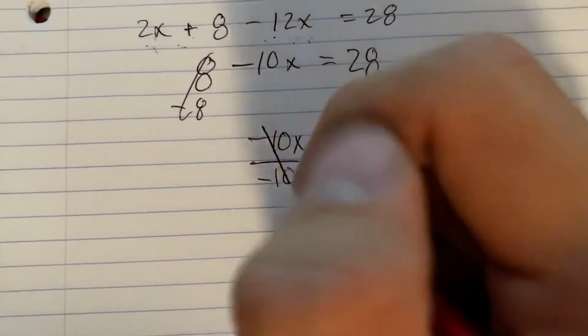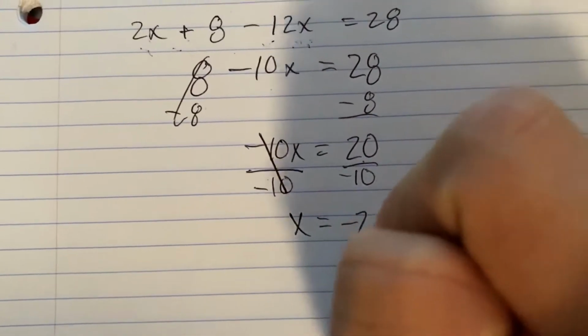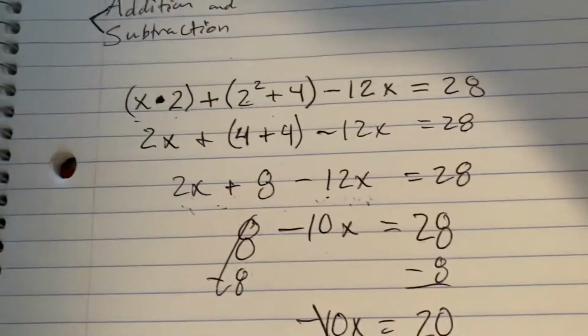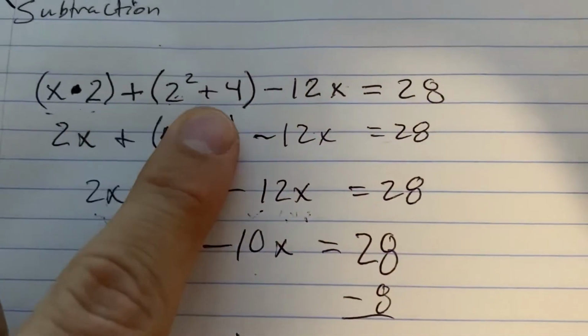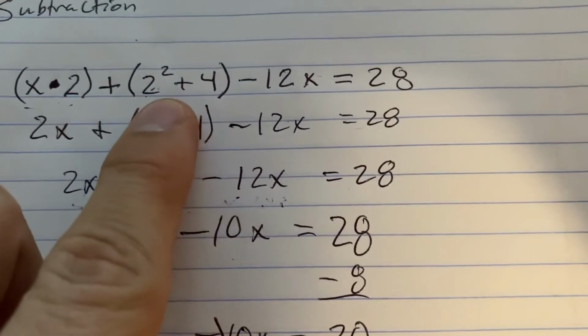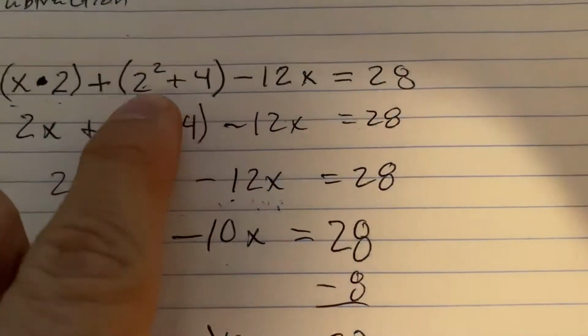20 divided by negative 10, which is negative 2. So again, to review with that problem, we started with our parentheses. So we had x times 2, which is 2x. Then within this parenthesis, we went,